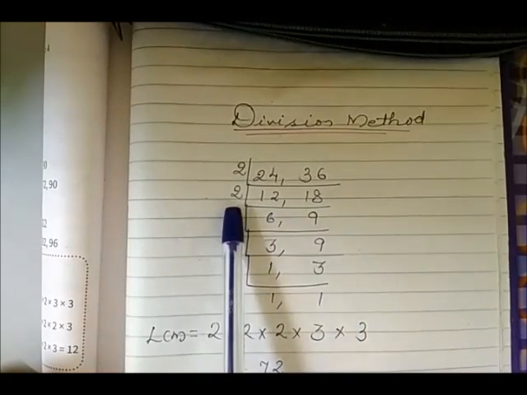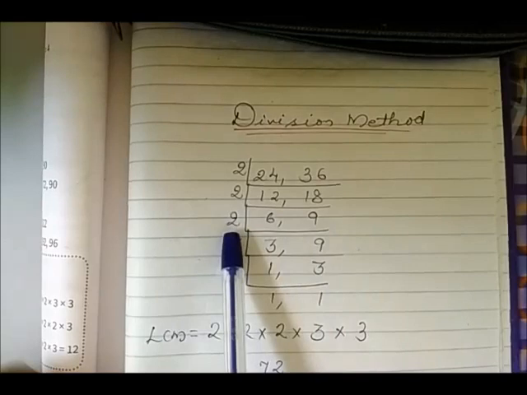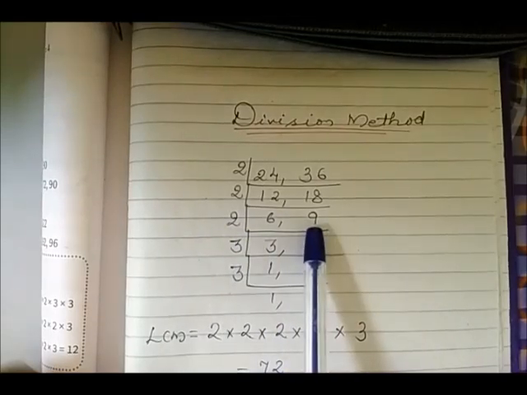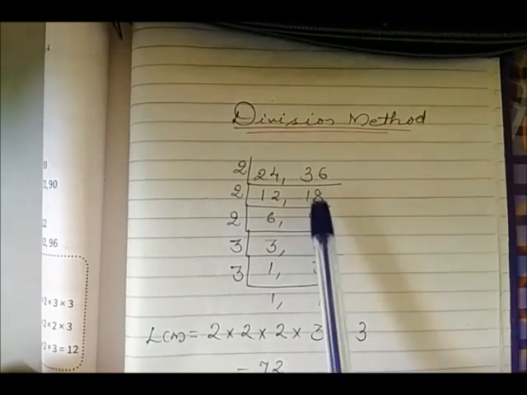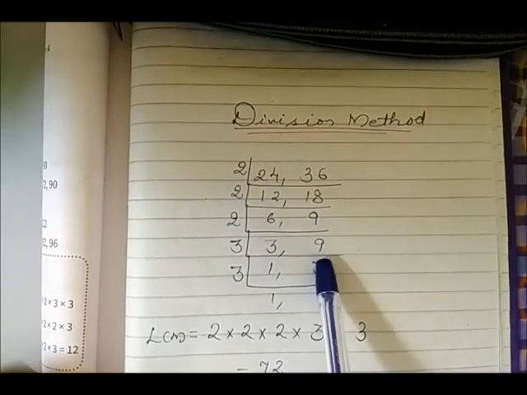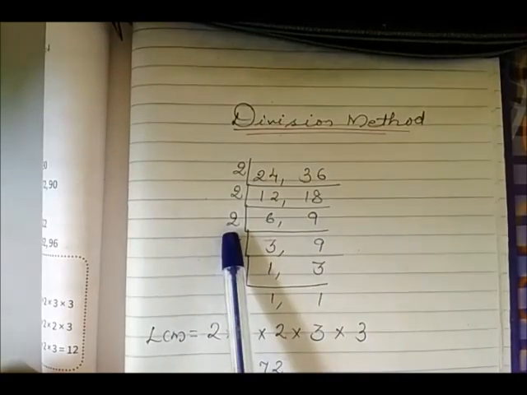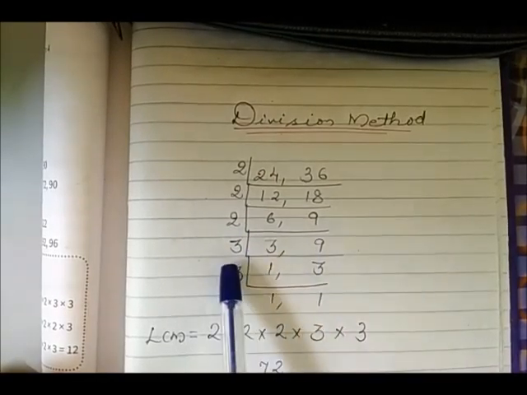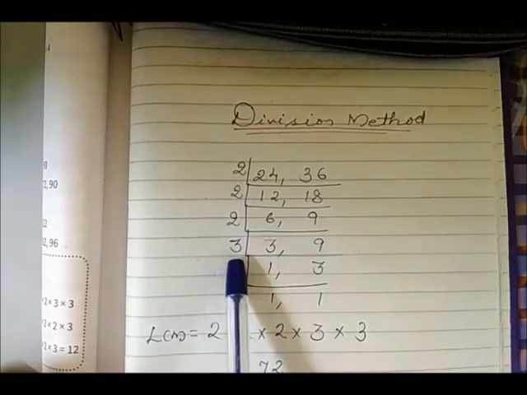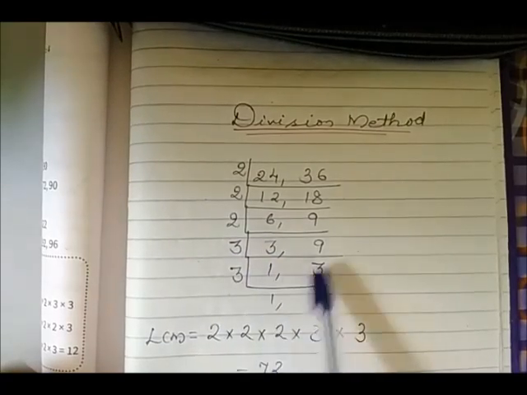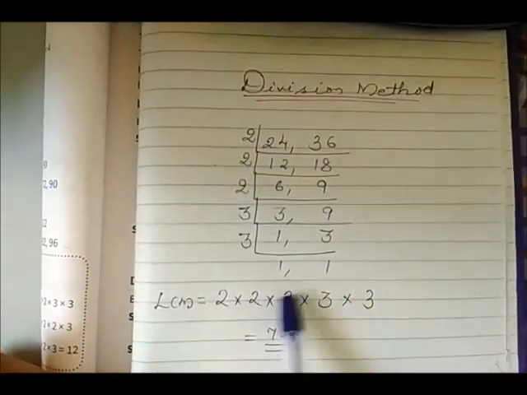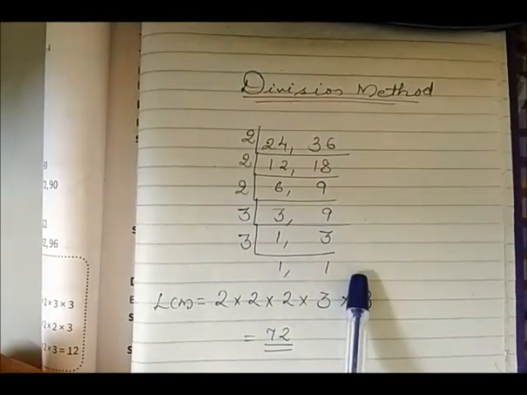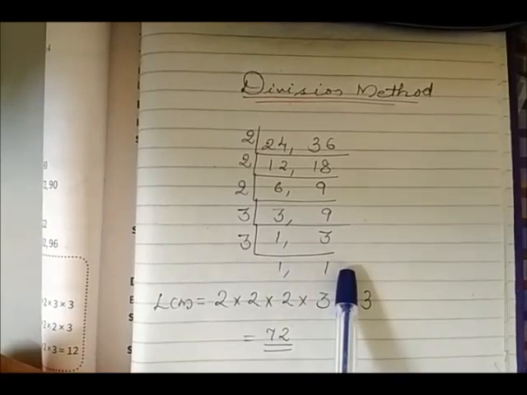Again with 2 we will get 6 and 9. But here 9 is not divisible by 2. So what you have to write is, in the next step, write 9 as it is. Okay, so we divide with 2, so here you got 3. Now it is not divisible with 2, so we will take the next prime number, that is 3. One 3 is 3, 3 3s are 9, and until we get the last row as 1, we will repeat this process.